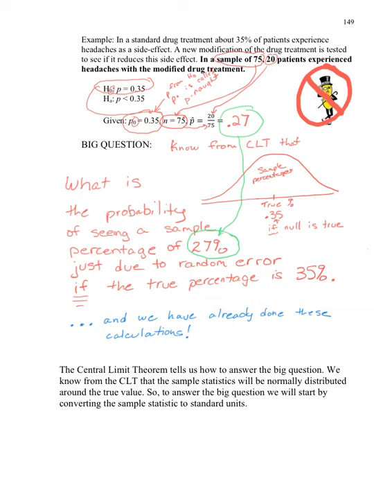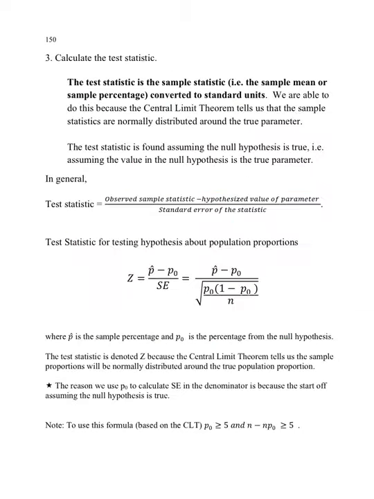And we have already done these calculations back in the last section on the central limit theorem. So the central limit theorem tells us how to answer this big question. Just like with what we did before, we're going to start by converting that sample percentage to standard units. The next step is to calculate the test statistic, which is the sample statistic, either the sample mean or sample percentage, converted to standard units,